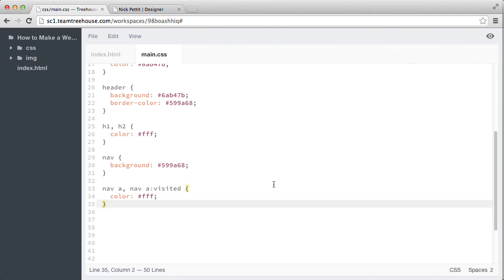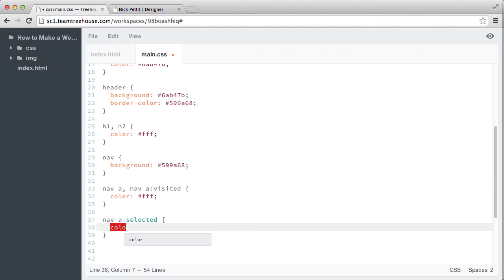So I'm going to create a new rule here and say nav a, and then apply the class. And to do that, we use dots. We'll say dot selected, and then we'll open up the rule here. So basically, any anchor element that's inside of our nav that has the class selected applied to it will get these style declarations. So we're just going to apply a color here,